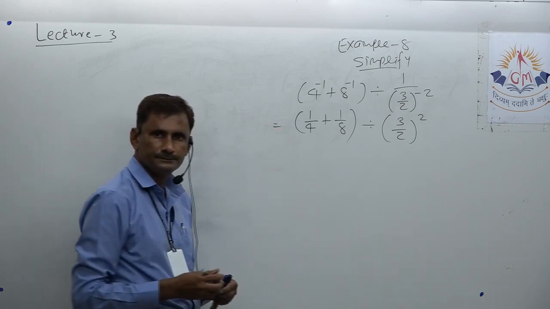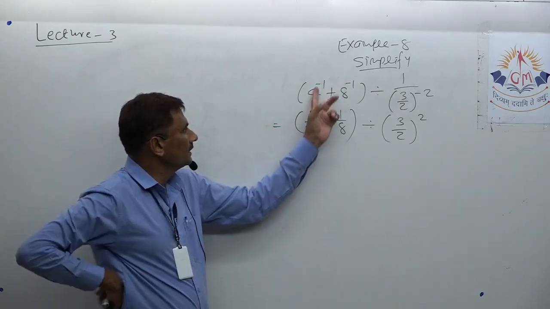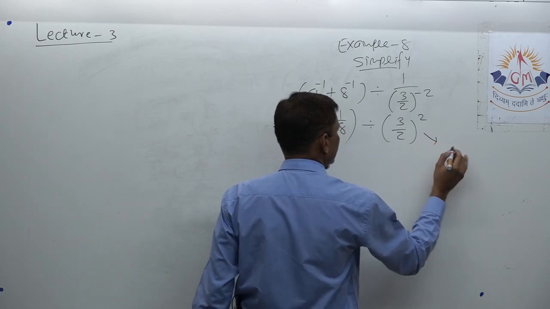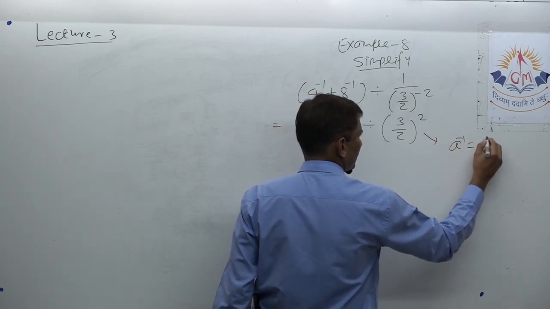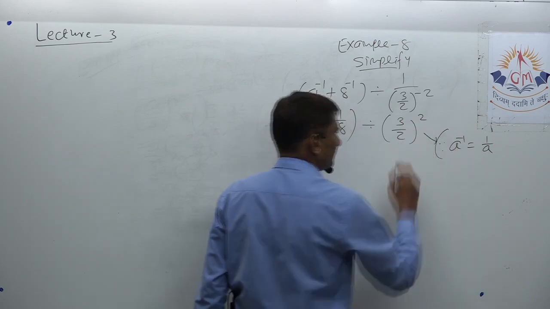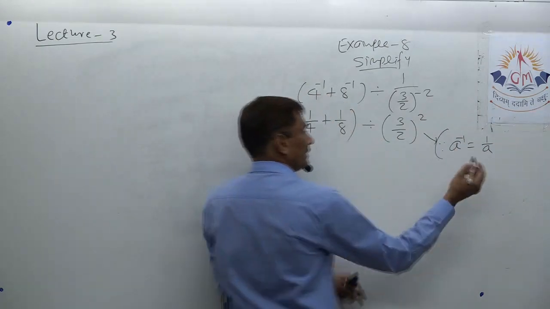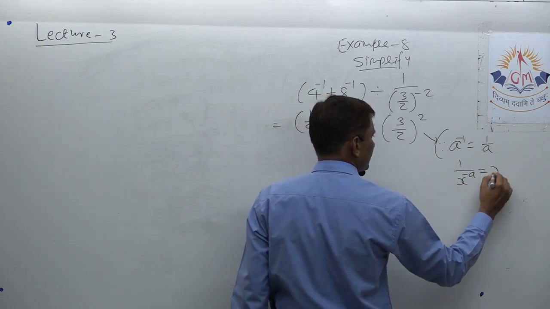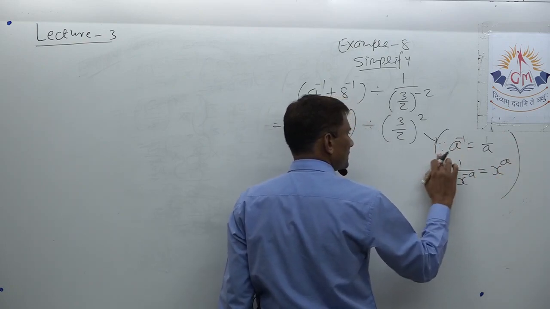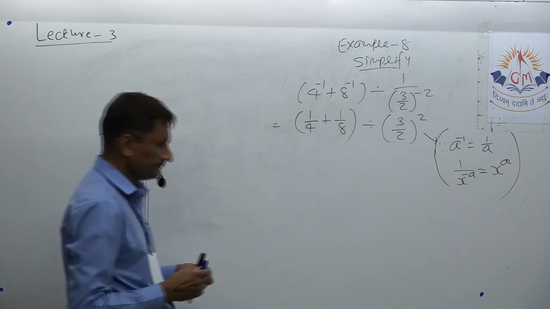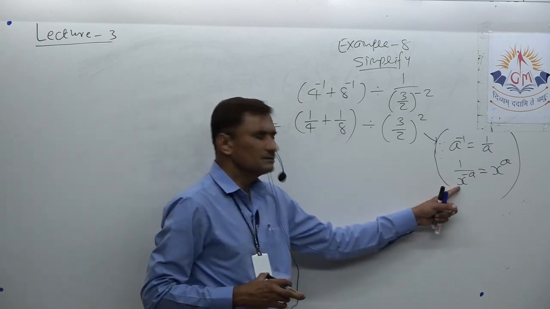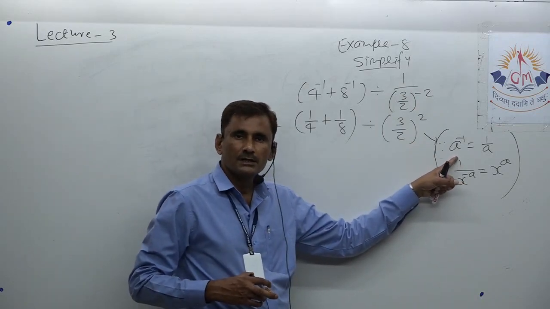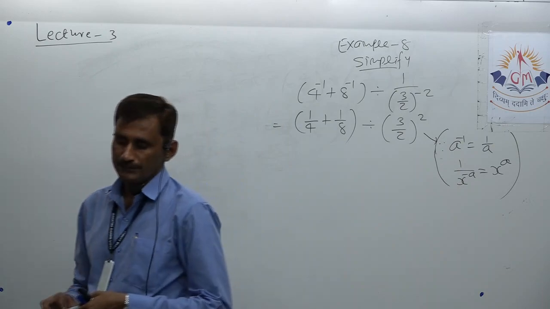Understand first of all. 1 by 4, 1 by 8. Why? If you want, you can give the reason here. A raised to minus 1 is equal to 1 by a. Okay, this is one reason. The second reason is 1 by x raised to minus a is equal to x raised to a. So both these rules are applied here. Whatever x is, whether integer or fraction, that is not important. But if it is here, it can go there and the exponent becomes positive.